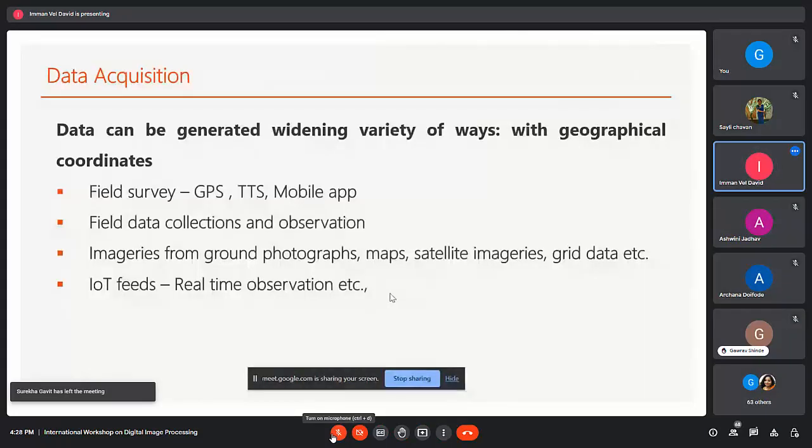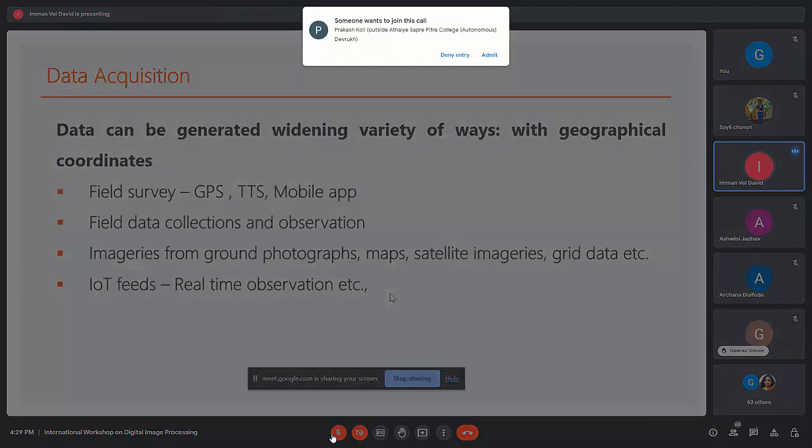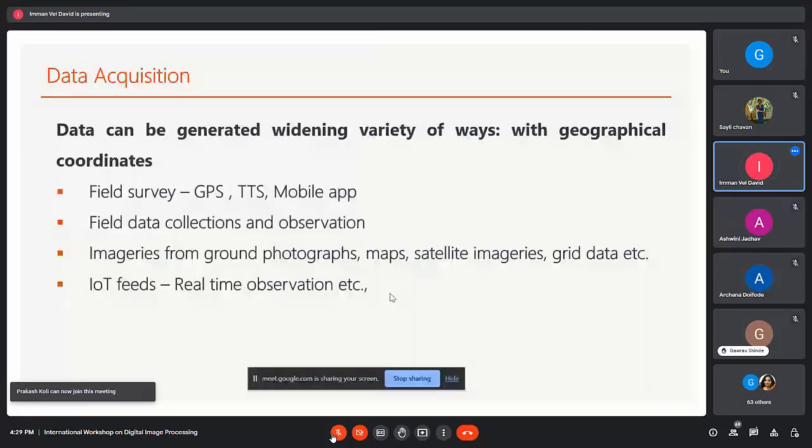Data acquisition: data can be generated in a wide variety of ways with geographical coordinates. If you start searching for data, first look for the existing product of the data, and afterward, if you can't get the data, then you have to collect new data from existing resources.